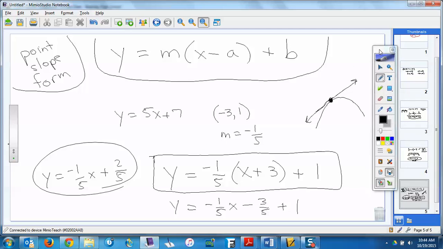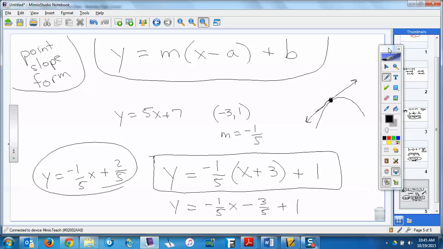The golf, I also assigned that golf thing. I said that was kind of an optional deal. I was going to collect those, but I got something else I want to give you time to work on today, so we're not going to take time to do that right now. So if you did that, that's great, and I will at some point probably collect those from you. But that was just more practice writing equations of lines.